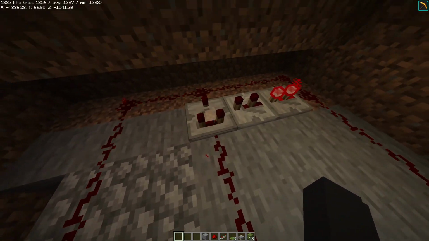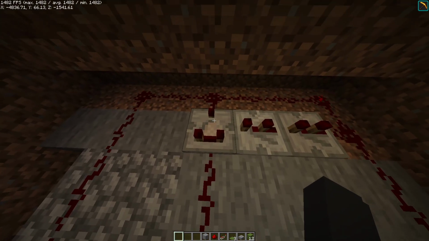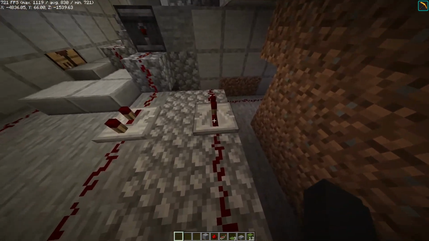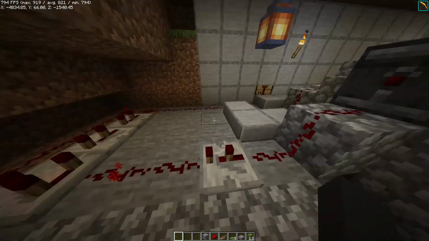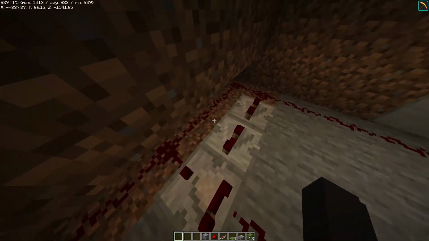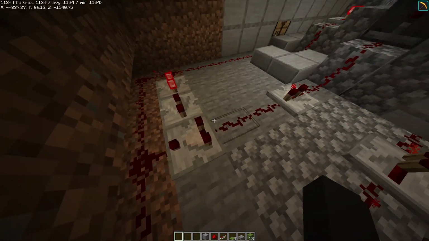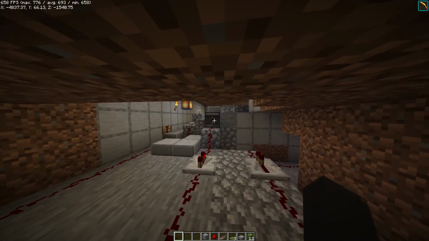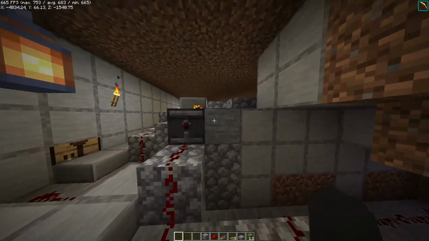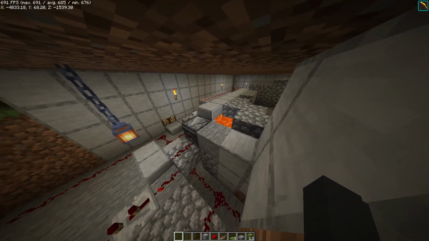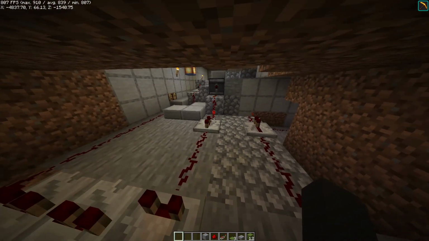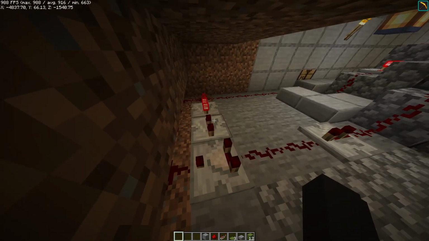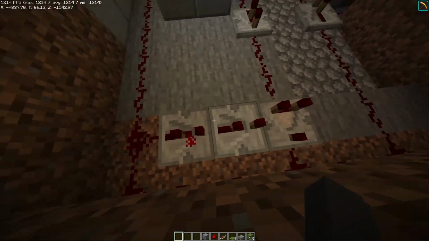It then sends a signal down to this comparator, which sends a signal to this repeater over here, sending a signal back to the piston, allowing the piston to move up and down again, and also sends a signal back towards itself to prevent that double action from the piston being detected by the observer. So the only thing being detected is the actual lava when the observer moves. And you can see that the double signal is being prevented with these two, both set at 2 ticks,